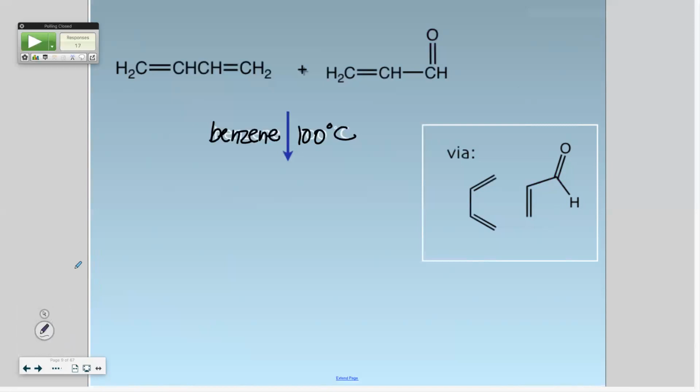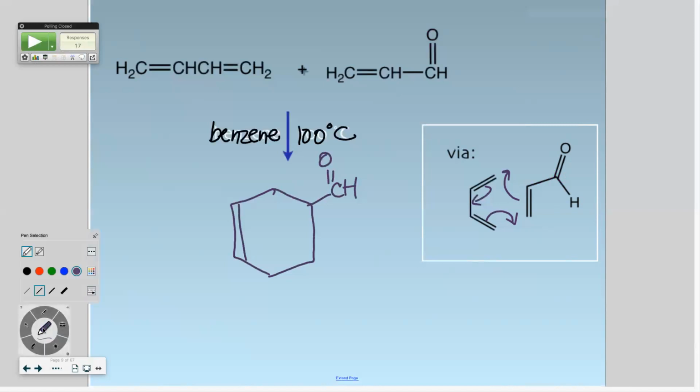Okay, got to start at the beginning. All right, so I'm going to go. All right, so I'm going to get that. Everybody see where the pieces are? Okay, can you pick out the new carbon-carbon single bonds that were here and here? That's real important to be able to do that because you know